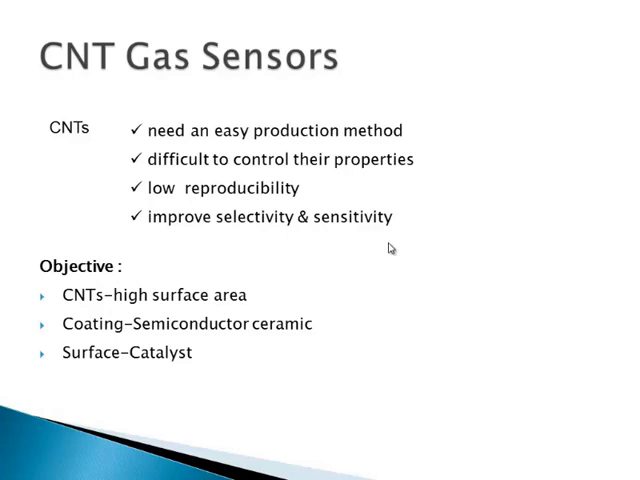So when we look at the carbon nanotubes, obviously they have lots of advantages. They are sensitive, they are conductive, and you can really make small structures with them. But of course, they also have disadvantages. The first one is that we need to find a really good method to produce them easily. And second, we need to control their properties. But this is valid for every material that we